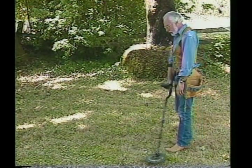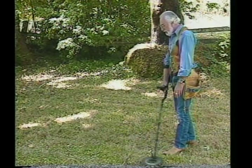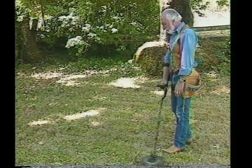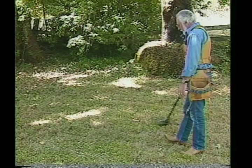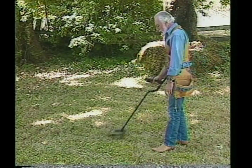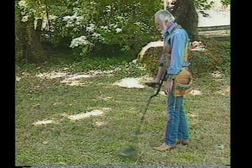We're going to swing the loop as close to the ground as possible without bumping into the ground in an even search pattern. Now the speed of the search pattern is going to be up to you, not too fast, not too slow. That will give you the best response. You'll notice the